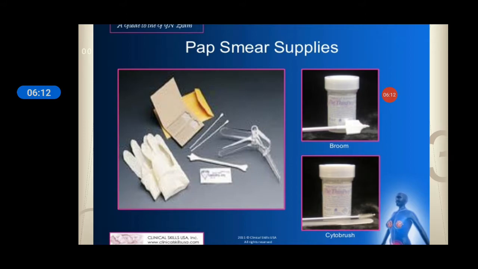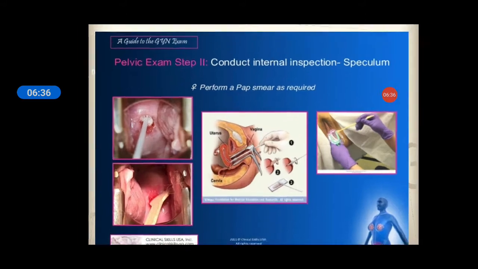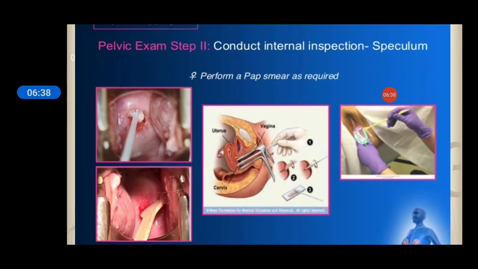Then a physician or gynecologist should wear sterile gloves. Without applying any lubricants, she should insert the Cusco speculum, or go for the speculum examination, and with a good light source the sample is to be collected. So these three important things come under the pap smear kit: the cytobrush, Ayre spatula, and cotton swab. See here, this is the speculum used to conduct internal inspection and perform a pap smear as required.